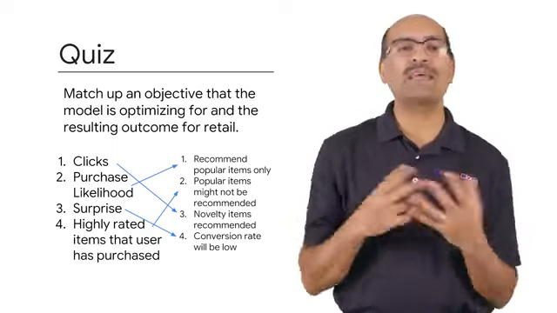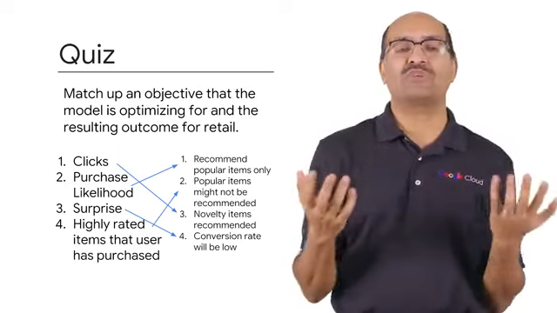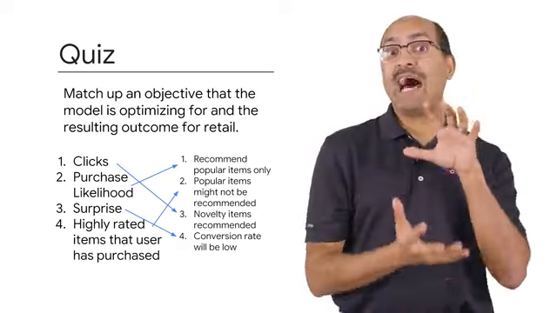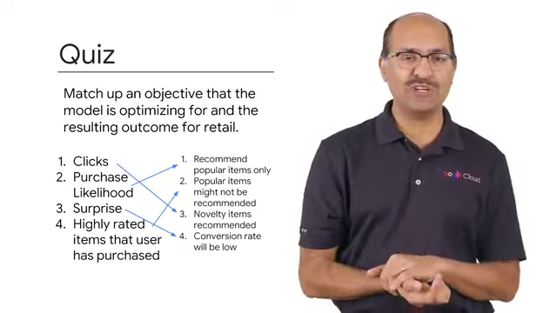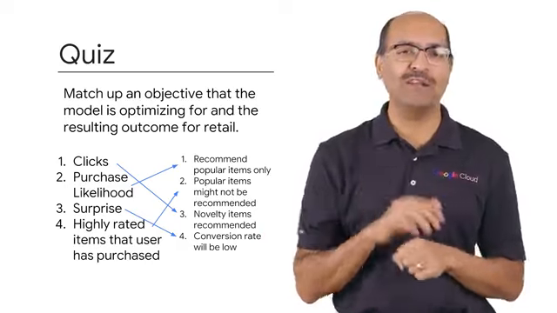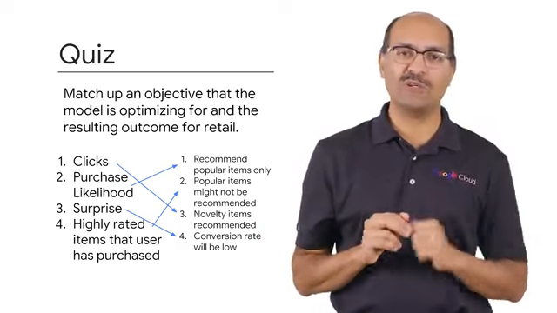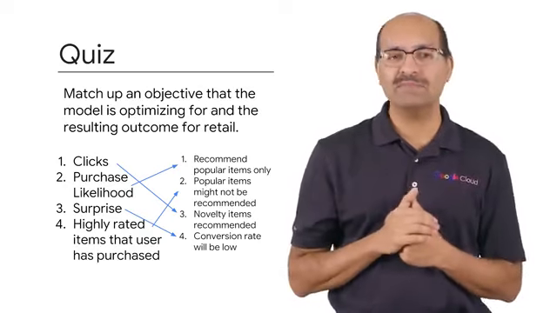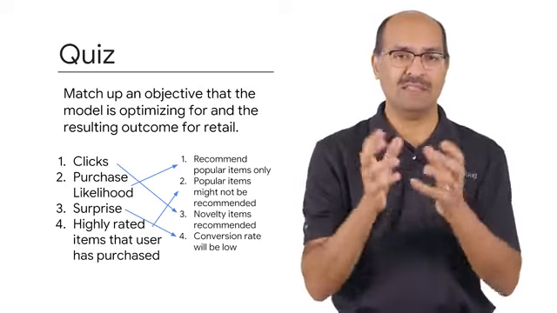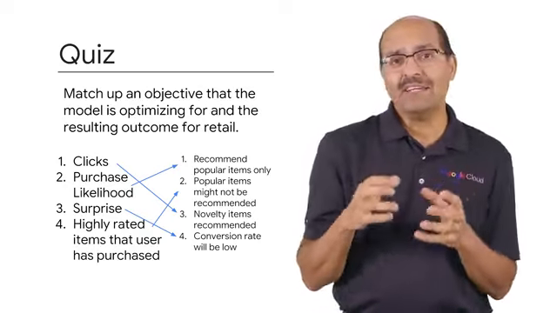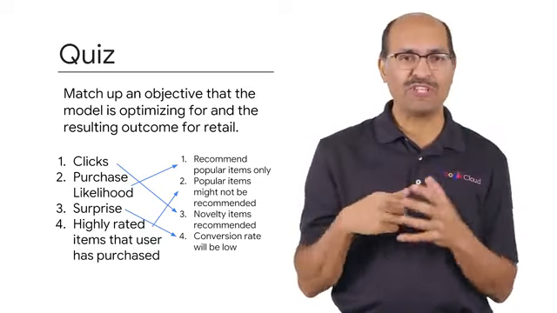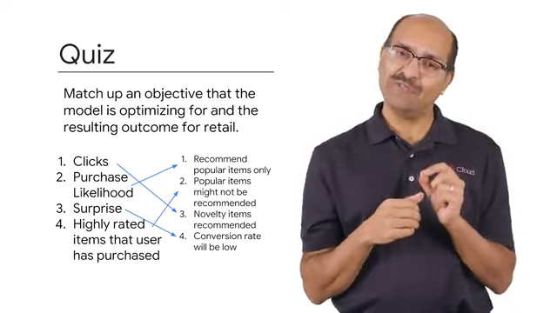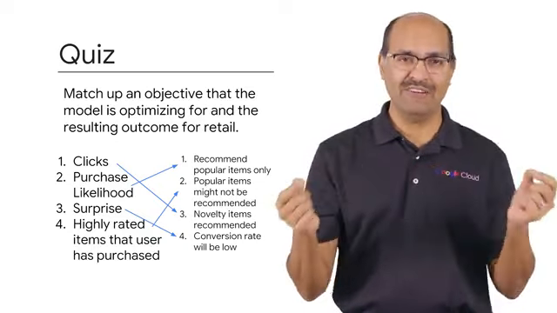Sometimes you might use a mix of criteria or constraints, such as in the top 5 recommendations to a user, we'll always highlight 1 novelty item, 1 consumer staple, 2 already purchased items, and 1 surprise item. Well, that's a policy. And then you will train several machine learning models, each of which optimizes for a different objective.